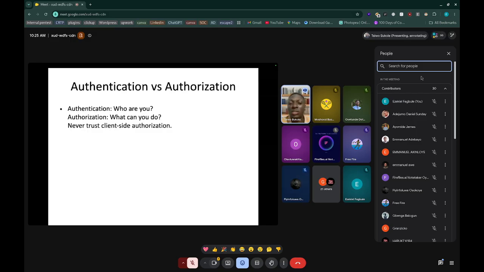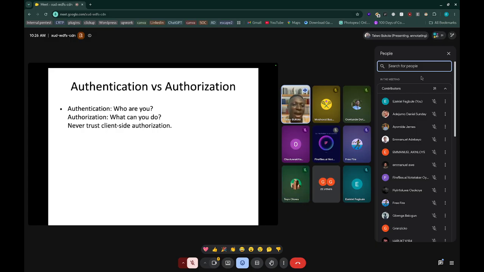So on the API level of things, you as an engineer, putting security in mind, you don't rely on the price. Let's say your endpoint asks: give me the product code of the shoe, and give me the price of the shoe. But you don't use the price, and you don't deduct from the person's card based on the price provided by the client. What you do is you use the product code to fetch the price on your end.